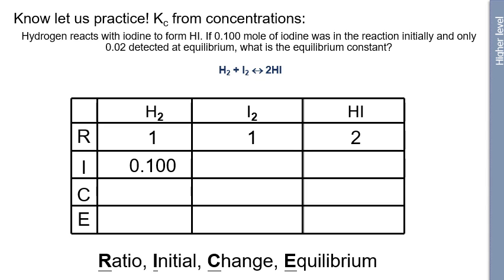Okay, so it's going to be, from the actual question, 0.1 moles of hydrogen reacting with 0.1 moles of iodine to give nothing at the moment because the reaction hasn't happened. These are the initial concentrations. And then we have the change. Okay, so we're told that the iodine has gone down to 0.02, so we put that in the E column